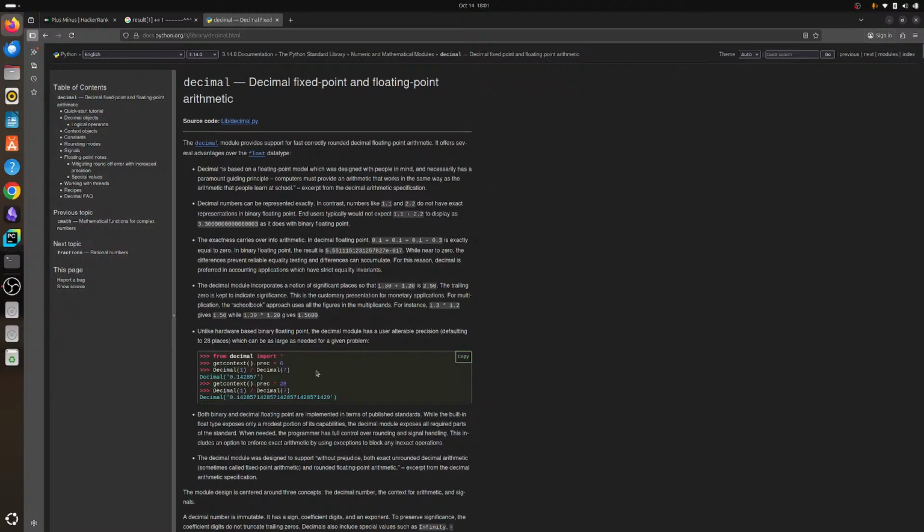Okay, 1.1 and 2.2 do not have exact representation in binary floating point, so we would not expect 1.1 plus 2.2 to display 3.0. Okay, once again,